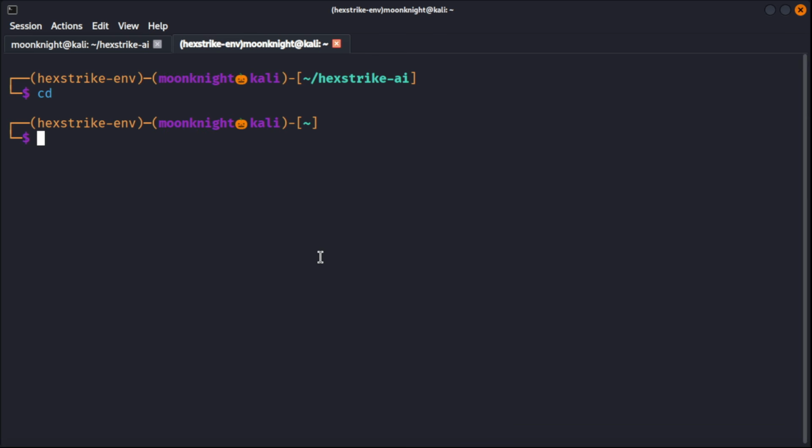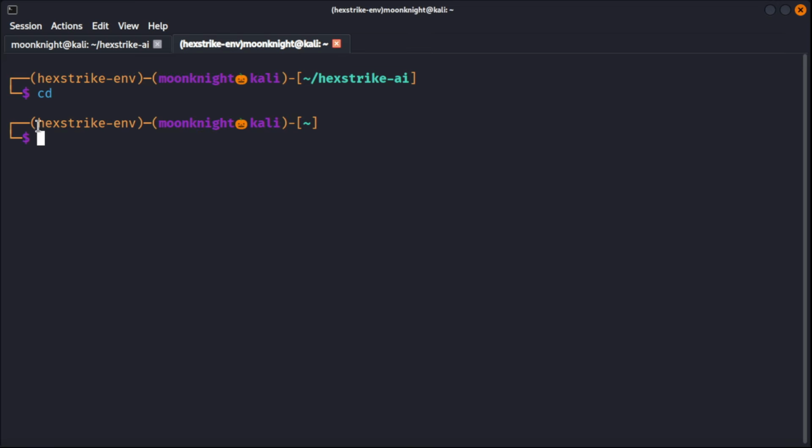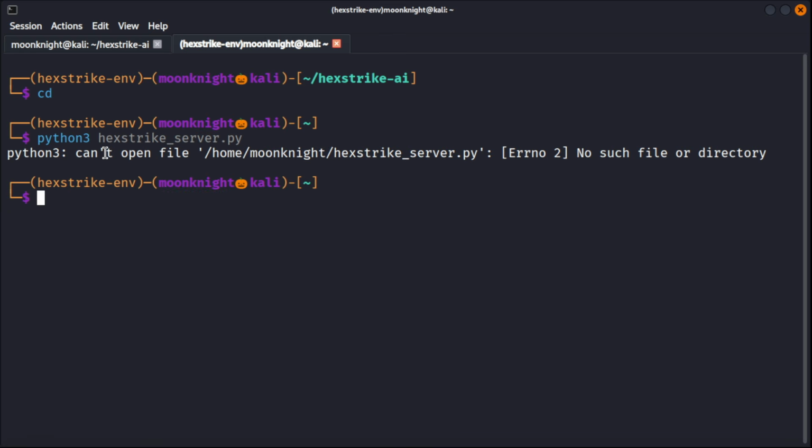Okay, so here I have already created a virtual environment. How to create it, the command is already given over here. Copy this first command, then activating is the second command. Then you will see this thing: HexStrike-env, that is your virtual environment inside your terminal. And if I type here python hexstrike.py, no file, sorry,